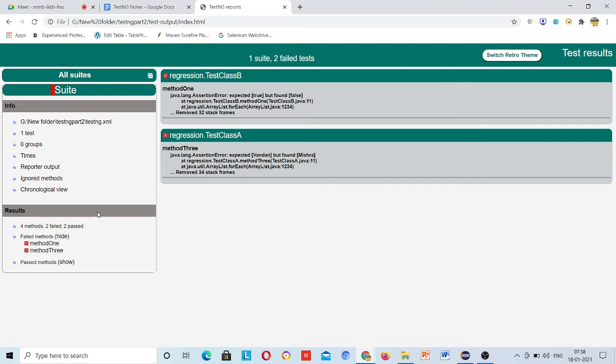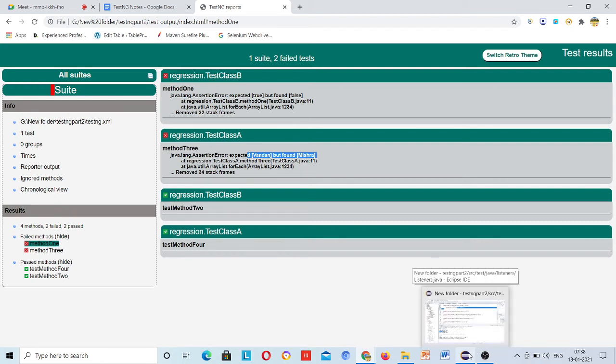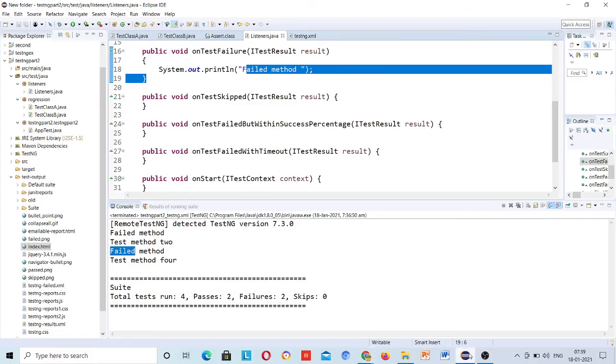Now here see, 4 methods ran, 2 failed, 2 passed, right? If you want to see passed methods, you can see here, these all pass. Whatever failed, method 1, right? Method 1 failed. Why? Java.lang.AssertionError: expected Vandan but found Mishra. So here 2 methods fail. Actually I failed them because I put the assertion there, this is my expected result, if it is not coming like that, fail it. So the assertion failed that.